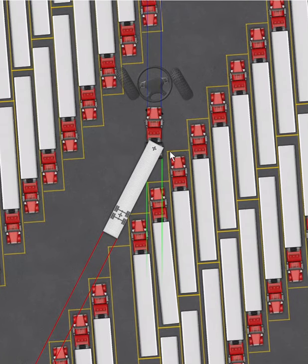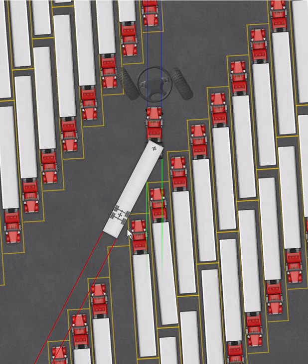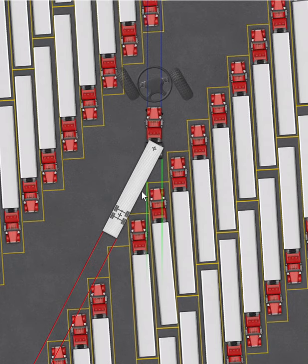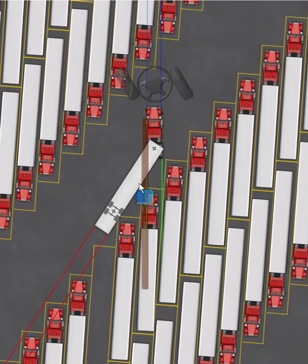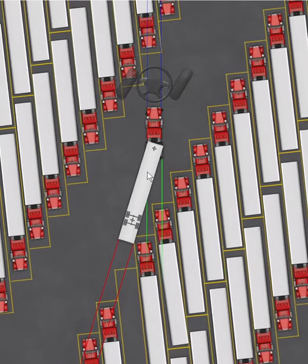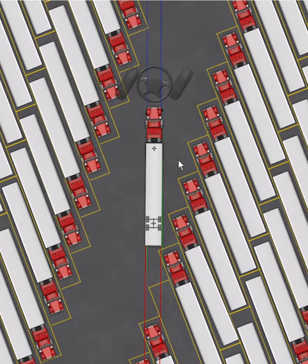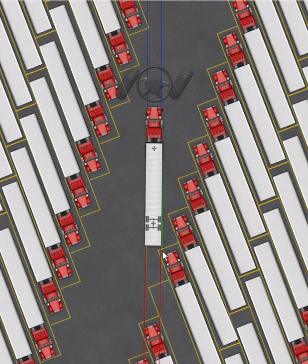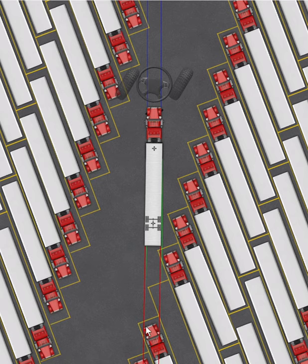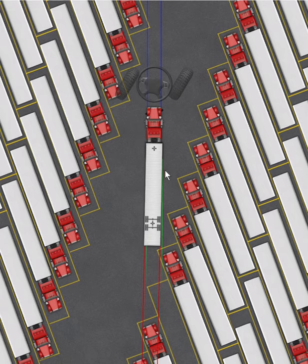Now I have lost everything over here. So basically anything from this green line over here I have lost. Let's go ahead and straighten up. So hard right to straighten up in the shortest distance. Now, one of the goals that we have about this particular setup, first of all, we got to make sure that we can see past this guy. We're definitely going to be pointing towards this guy regardless of what we do, and how much room we have over here. So I'm going to get a straight back going for now,